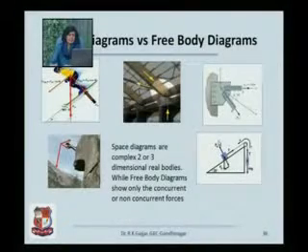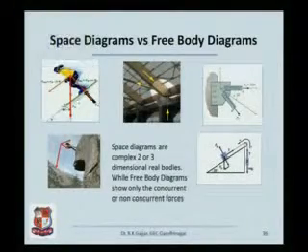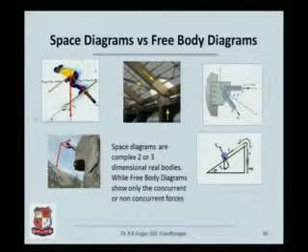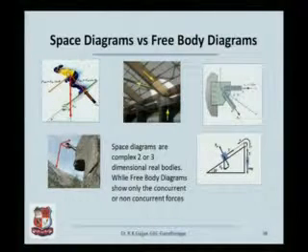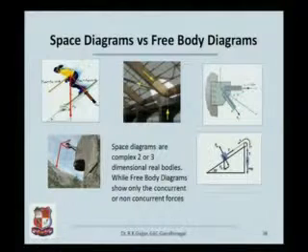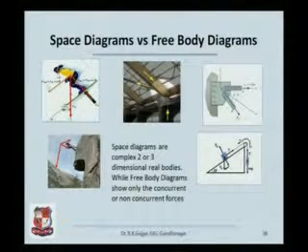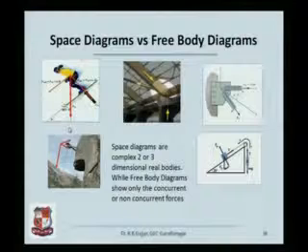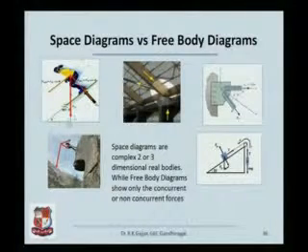Let us try and do a few exercises of space and free body diagram. Once again, a very complex system. You have a person, a skier who is skiing. Look at all the forces that are going to act on it. Now if we try to understand the entire postural and the body and the position of the skier, we are lost. Instead of that, if I am just concentrating only on the force with which the skier is moving, the weight which the skier is going to have, the gravitational weight, and the reaction which is going to be offered to the ski.